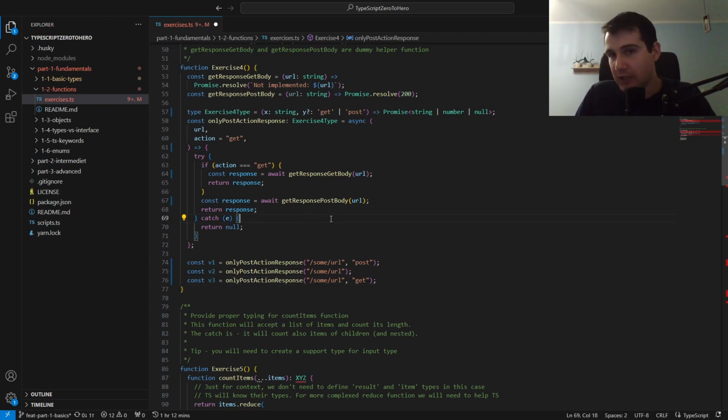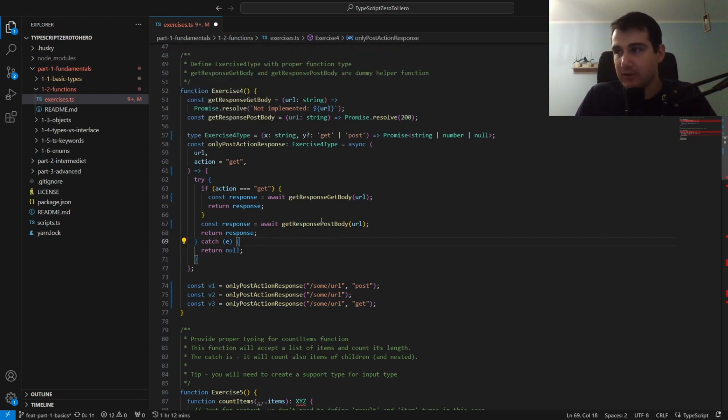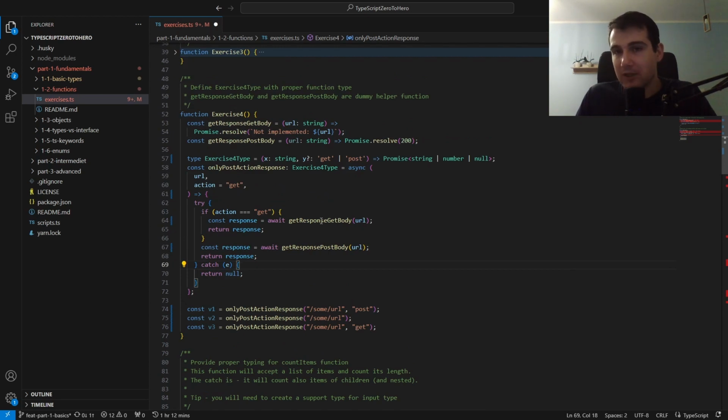Maybe not in production, but during development. So you don't need to roll back the changes and see, okay, I missed this one, I forgot to handle null. It's really helpful. Yeah, and let's also remove this